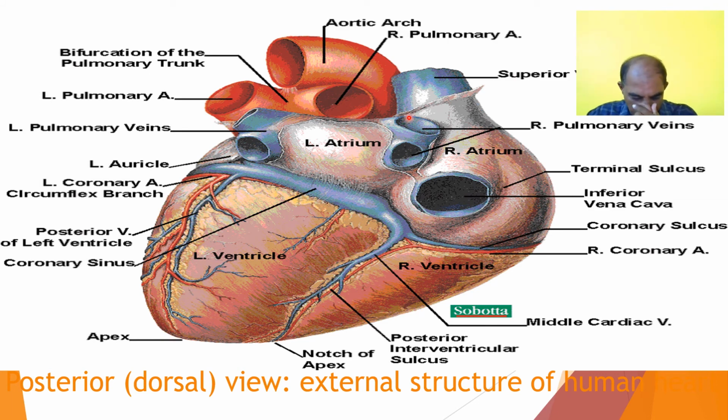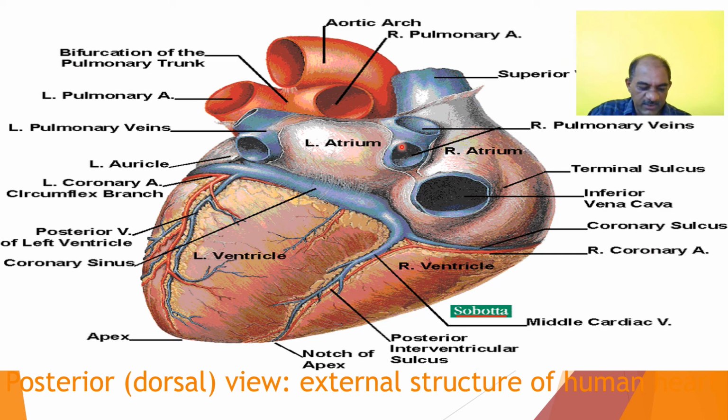And in this dorsal view of heart, simply two auricles and two ventricles are seen. Auricle is a blood receiving chamber, and ventricle is a blood distributing chamber. Human heart is made up of 4 chambers, and those structures are seen in this dorsal view of heart. 2 pair of pulmonary veins are present. One pair is the right pulmonary veins, another is the left pulmonary veins. One pair is present here, another pair is present here.